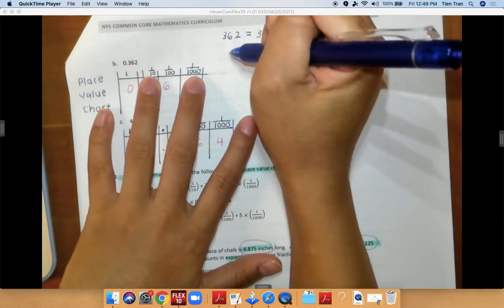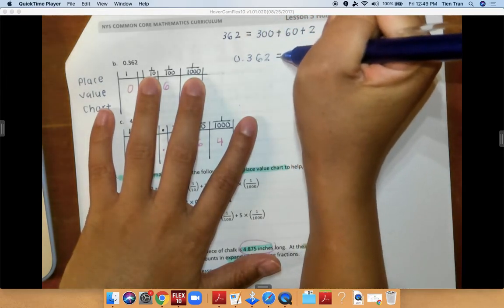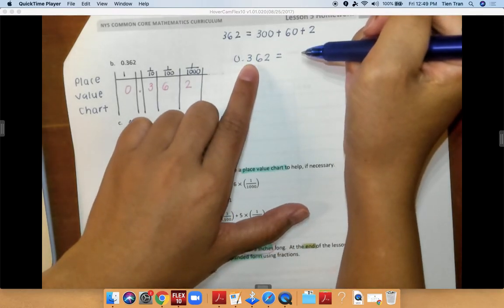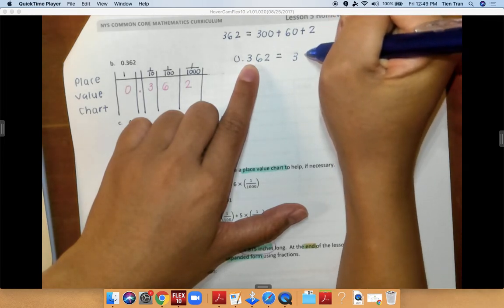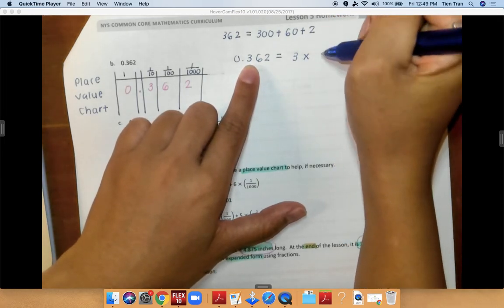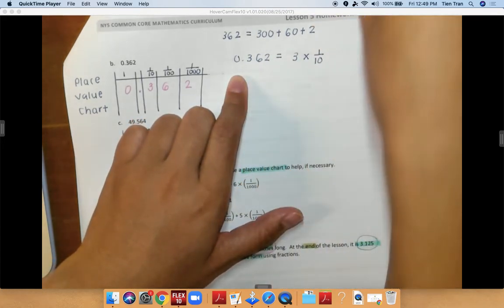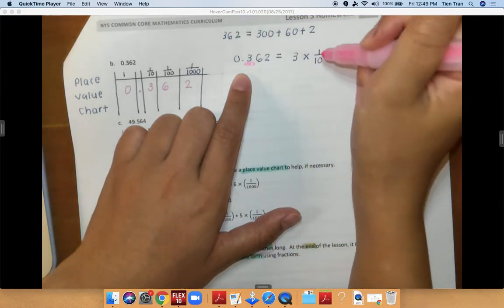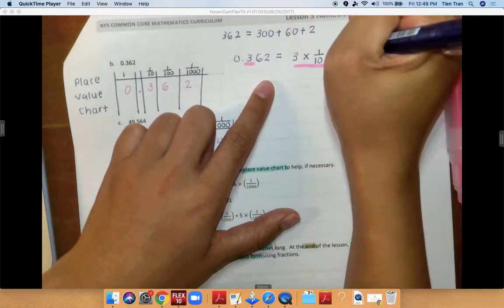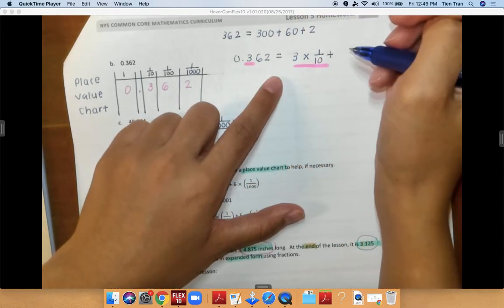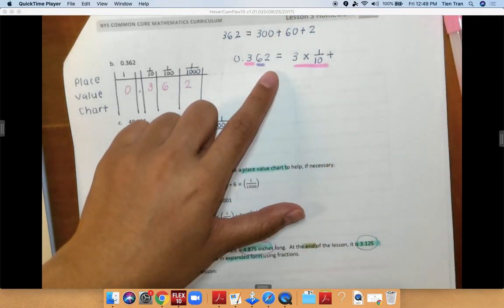So to write that one, you're going to write down 0.362, and then the first number is the number 3, right? So I'm going to write 3 times 1/10. The reason being is because it is in the tenths place. I don't know if color will help, but I'm going to do that just in case it helps. Okay? And then you're going to add, just like how this one you added it. And then the next place you have is your hundredths place. So you're going to write